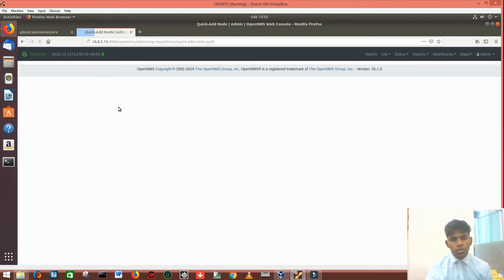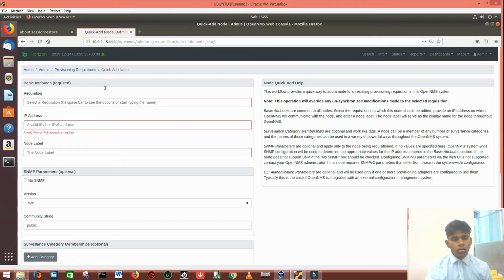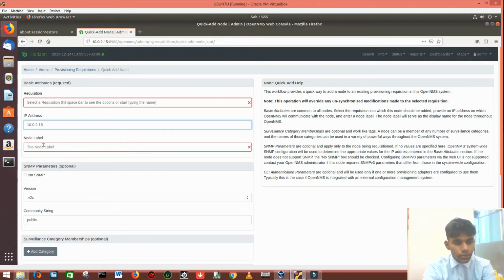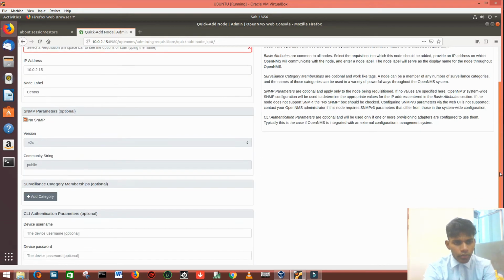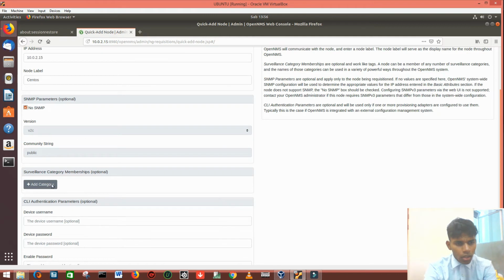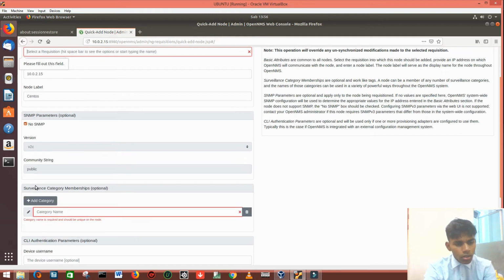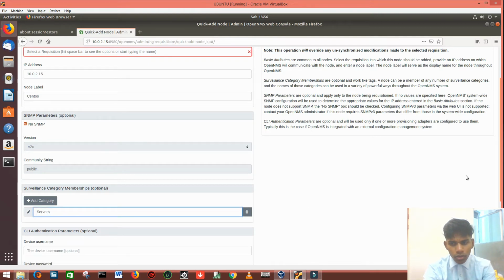So first of all, here you type testing node, your own IP address, then CentOS. In this box, you click as this, then follow with the add category membership. Here, you select server as your node, then follow with